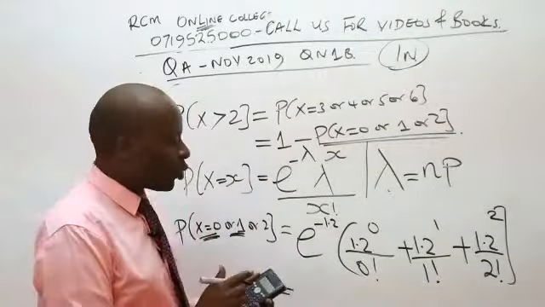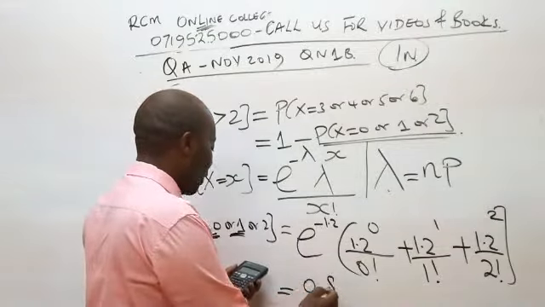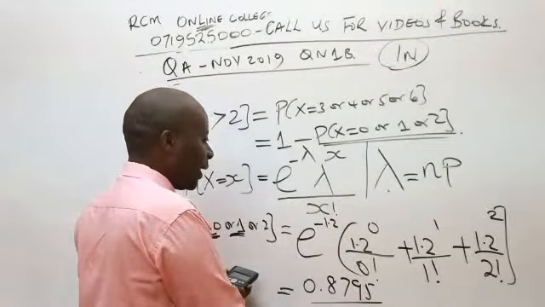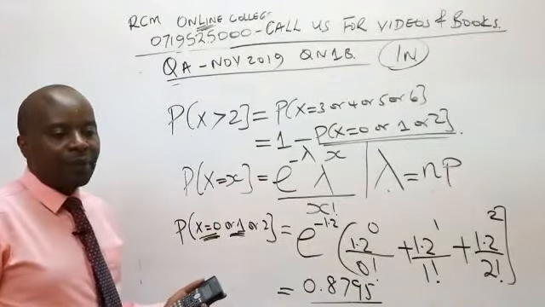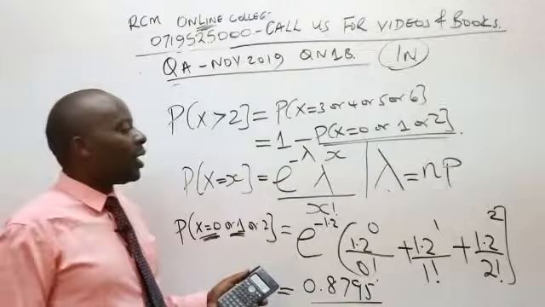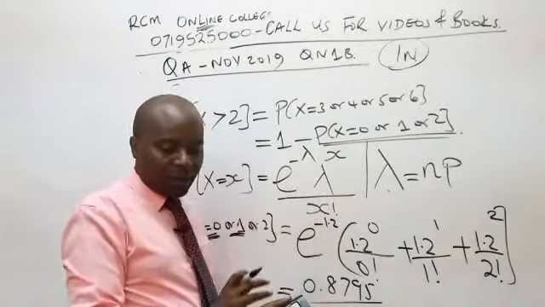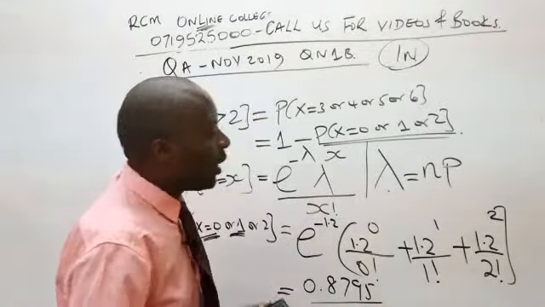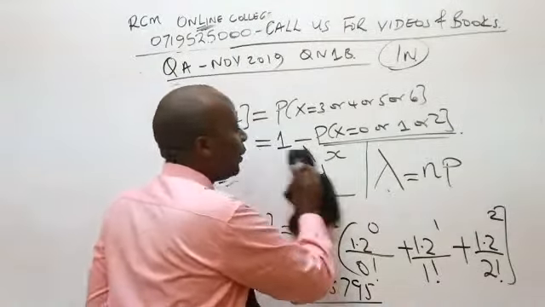So when you say equals, what are you able to get here? I'm getting 0.8795, like that. But please, once you get this figure, remember what these people want us to get. They want us to give them